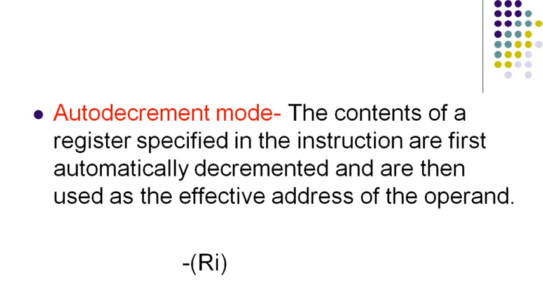The actions performed by auto increment and auto decrement addressing modes can obviously be achieved by using two instructions, one to access the operand and the other to increment or decrement the register that contains the operand address. So combining the two operations in one instruction reduces the number of instructions needed to perform the desired task. That is why we are writing it together in one statement only.